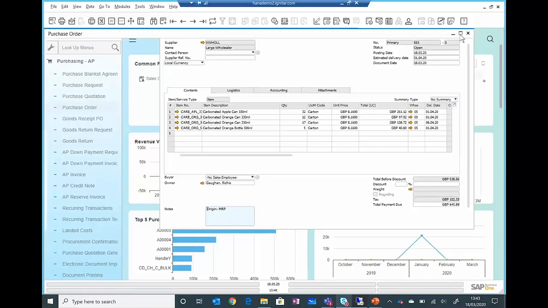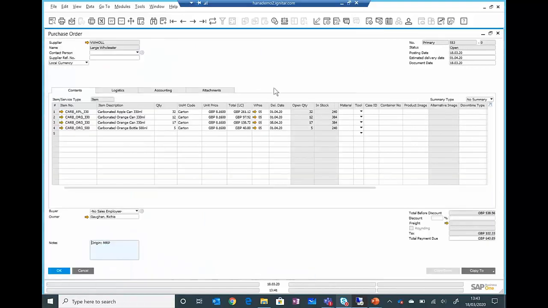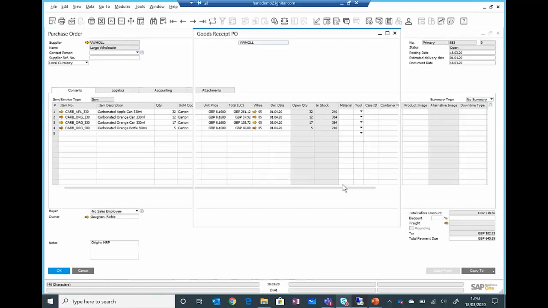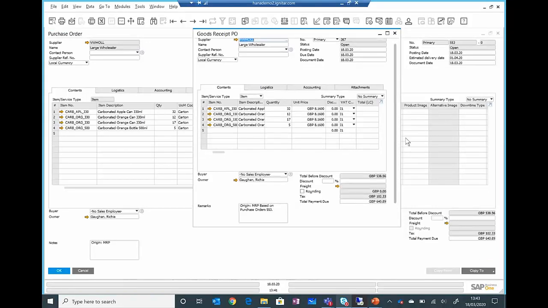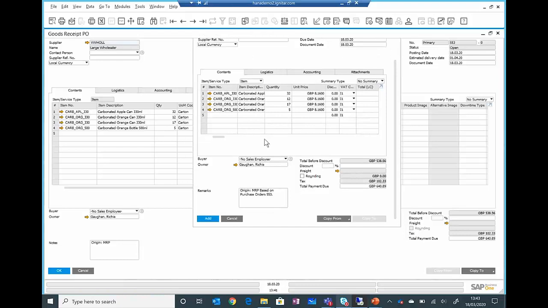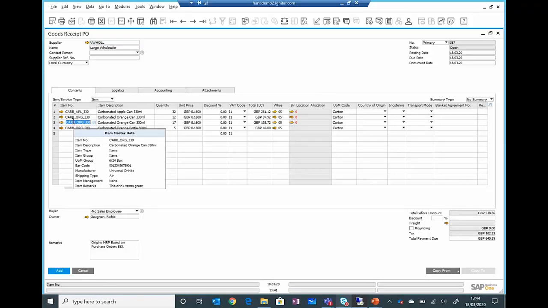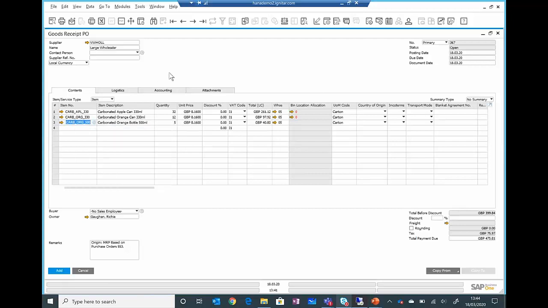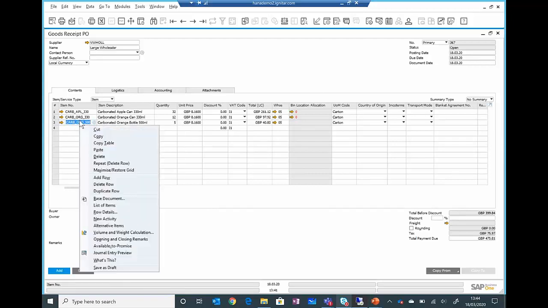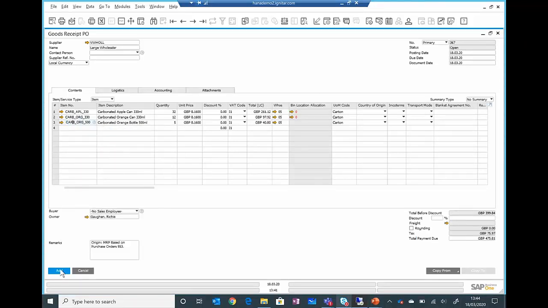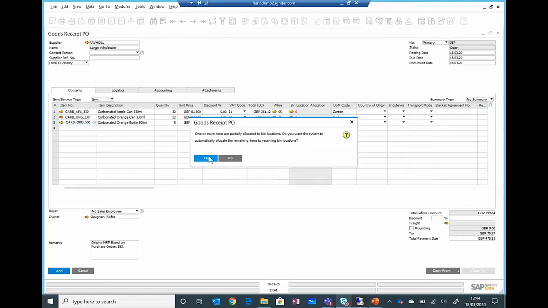And what I would like to do now is say, right, we get to the point where we've received some of those in. So I would like to go and copy this to a goods receipt PO document. And we'll just maximize this one as well, so we can do these individually. We do have flexibility, so we might say, right, okay, this one was actually to be received at a later point in time, so we just delete that one from the system, which we have a shortcut for, or we could just right-click and press delete. Once I add that to the system,